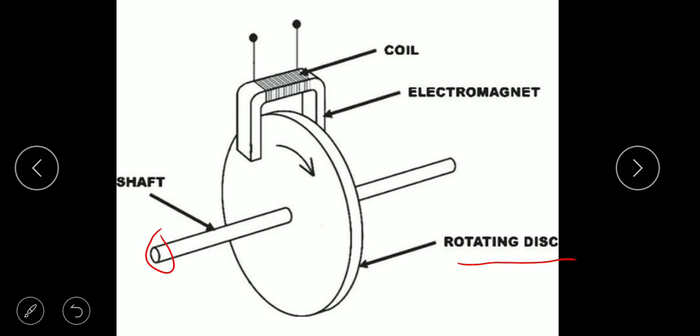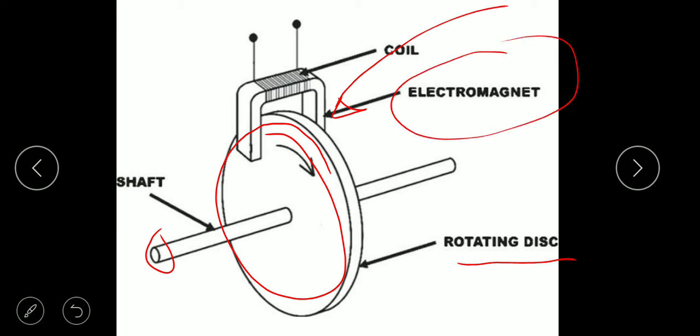That's why on that shaft we are going to put one disc, or you can say the rotor, and that rotating disc or rotor is rotating through an electromagnet. This is the electromagnet. Why is it an electromagnet? Because when we supply the current, the magnetic flux will generate, and if the magnetic condition is generated due to the supplied current, then it is an electromagnet, okay.